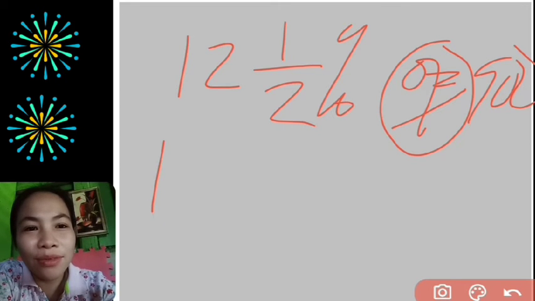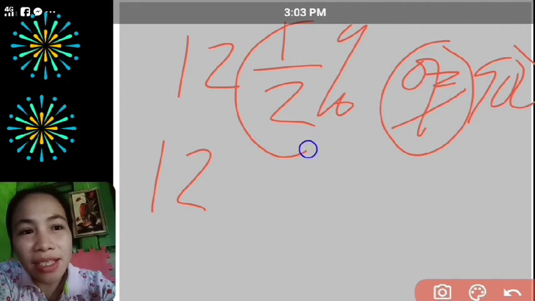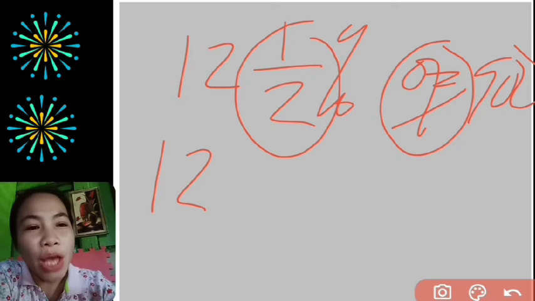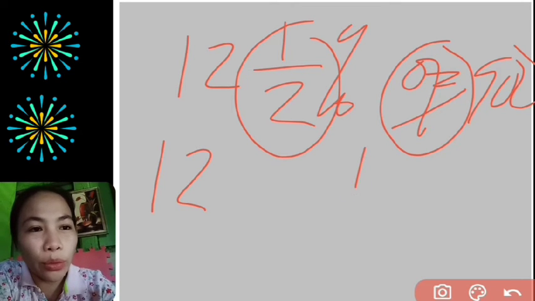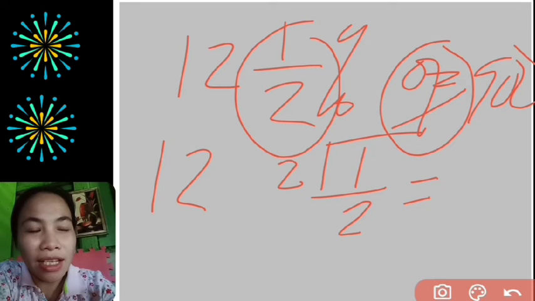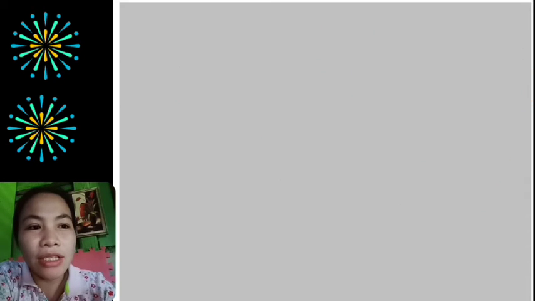We cannot directly solve this one because this is a fraction, right? So we have to find the decimal of 1/2. What do you think is the decimal of 1/2? We divide 1 divided by 2, which is equal to 0.5. Okay, so we already have the decimal number. So 12.5